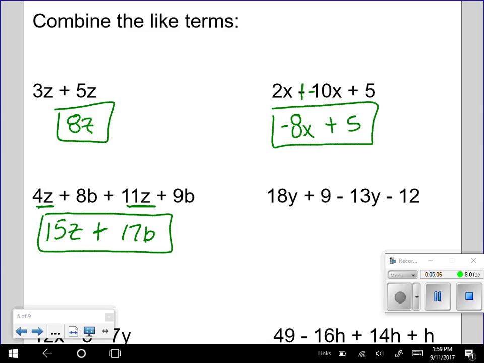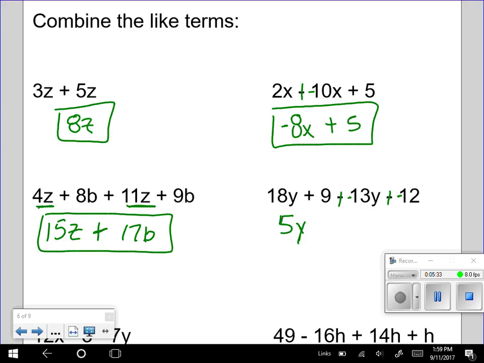Last one we'll do together here. We have 18y plus 9 minus 13y minus 12. So what I like to do here is make sure that I change all my subtraction to addition and change the sign of the next number, just so I'm adding all the way across. So now look for like terms, 18y and negative 13y. So if I add those together, I have 5y, and it would be positive in this case because there's more